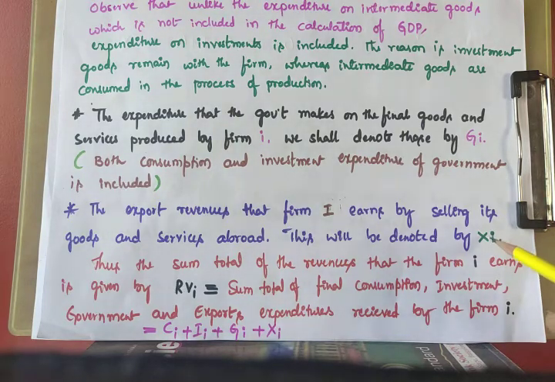So we can call XI the revenue earned by the country by selling goods and services to the other country. Here the firm I is getting the revenue, that is export revenue, where X means export. When we are selling goods and services to another country, the revenue we get from that is called exports. Otherwise, to sell goods and services, the expenses we incur are also called X. Here, firm I's expenditure is X, export.